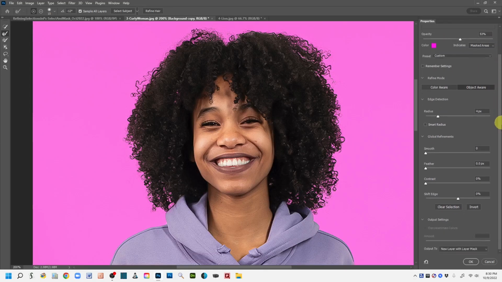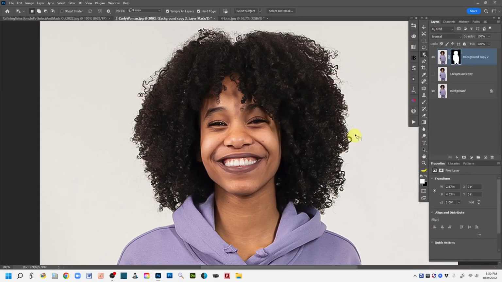come down to the bottom where I showed you the output settings right here, and we're going to output to, and as I said, you can choose another one of the options in there if you want a selection or a new document or whatever, but I definitely prefer new layer with layer mask, and I'm going to click OK. All right, so now we're back into the Photoshop interface. We've come out of select and mask, we're back into Photoshop, and we're back on our layer,